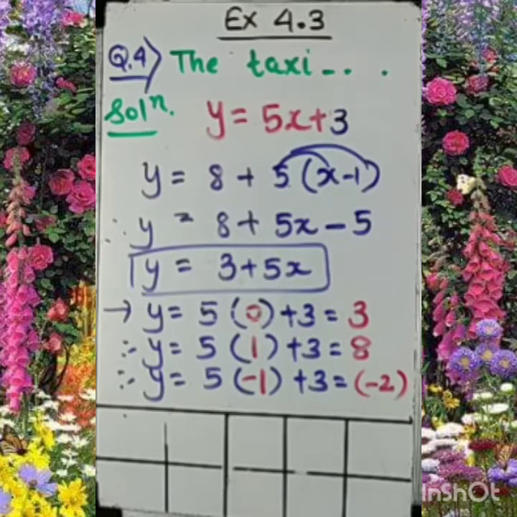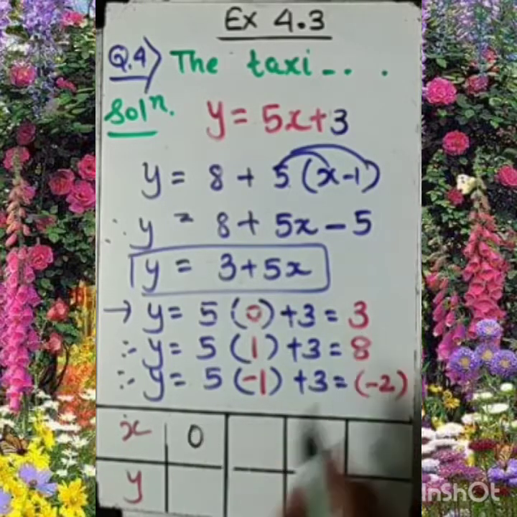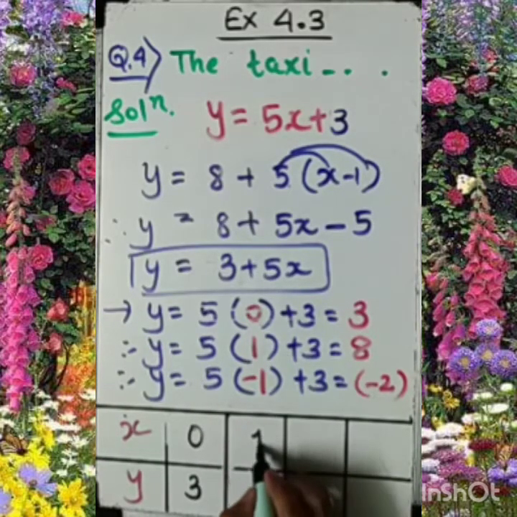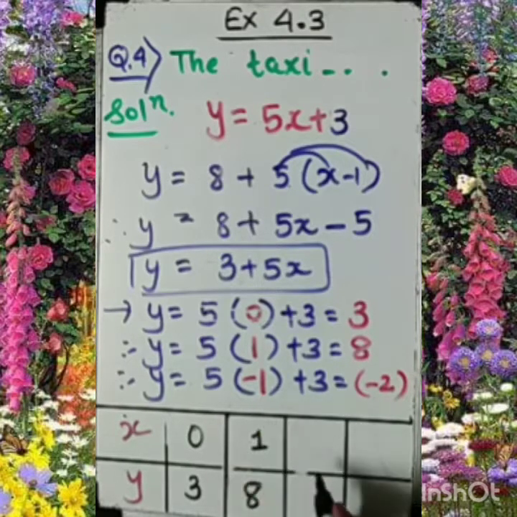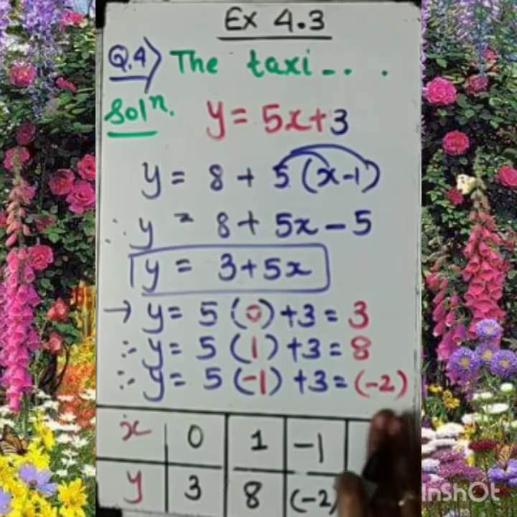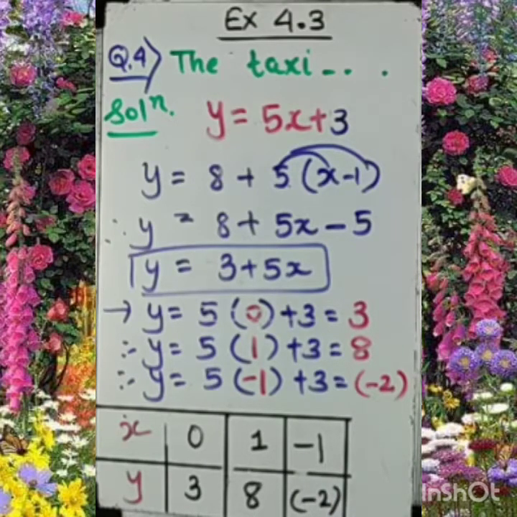So my dear student, let's put the values now. As we know that this is x and this is y, first of all, as we have chosen 0 as the first value, I got 8. If I have 1 here, then I got 13. If I have minus 1, then I get 3. Only 3 values we have taken for this question, so don't draw more, this is enough. Now let's put these values, or we can locate the points on the graph paper. Let's see.